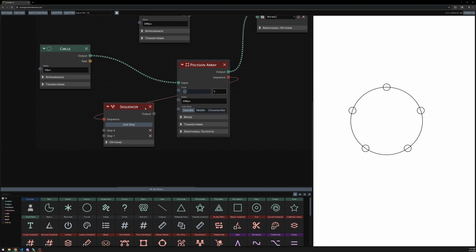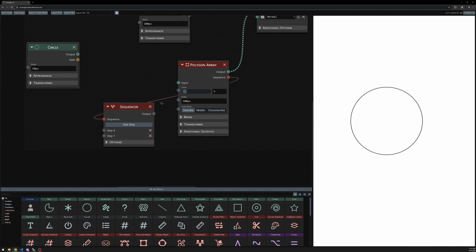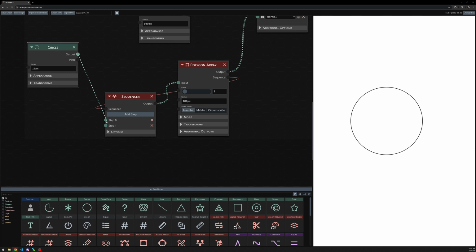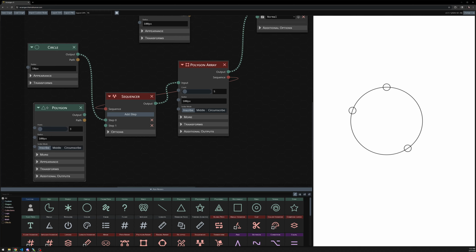I'm going to break this connection here, and I'm going to wire this output back into the input. The way that this works is you can essentially give the sequencer a different shape per vertex. So again, we have 5 vertices, but now you can have,